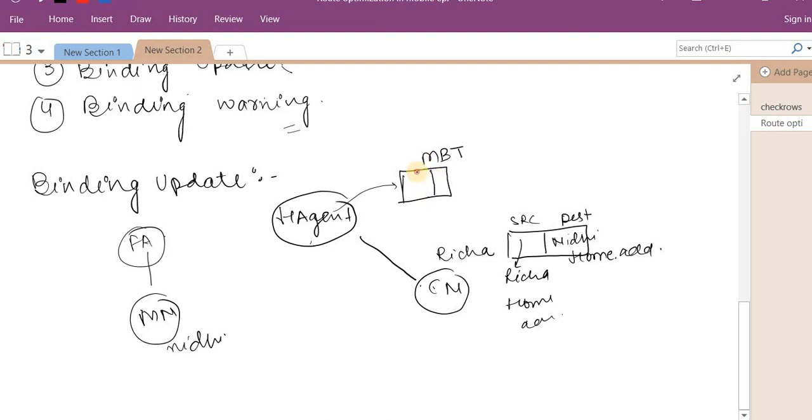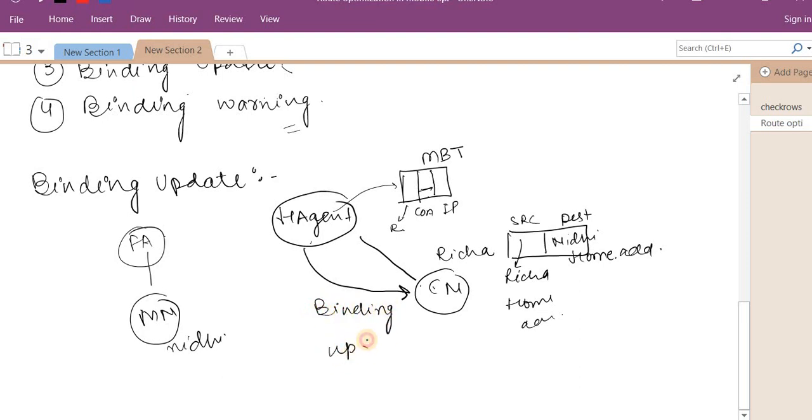From this permanent IP address, it can fetch its corresponding care of address and the registration ID. So when the home agent gets to know the care of address of the particular node, then it has to send one packet towards the corresponding node, that is called the binding update.